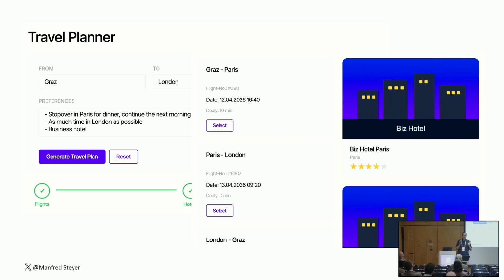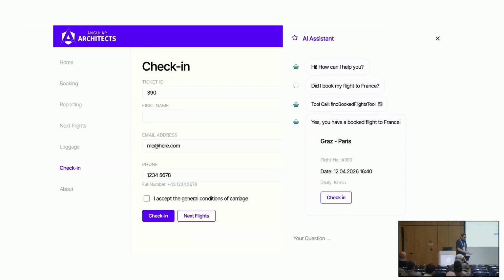Everyone who needs to book travels on a regular basis, flights and fitting hotels and so on, knows that this can be quite extensive and quite a burden and would value something like this. And last but not least, there is something like chatting, of course, but when it comes to a chat, there are several possibilities. The simplest possibility is just answering a question, free text. This is what you often need in customer support. But sometimes you need more.